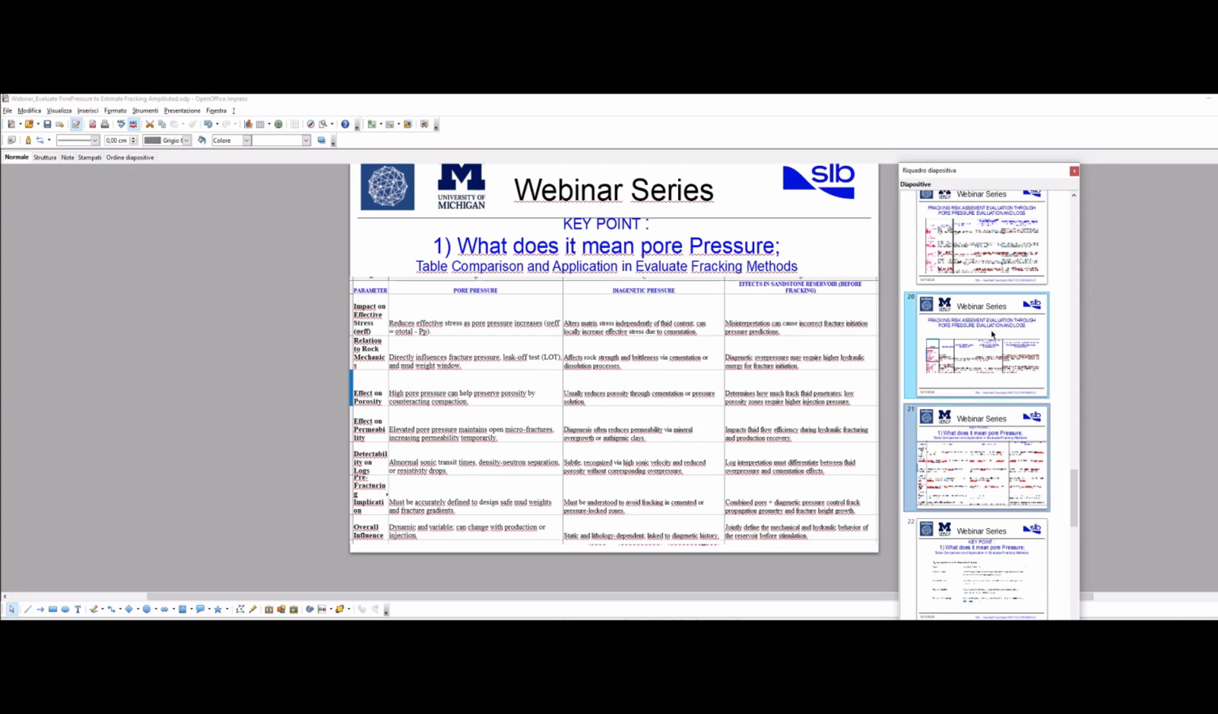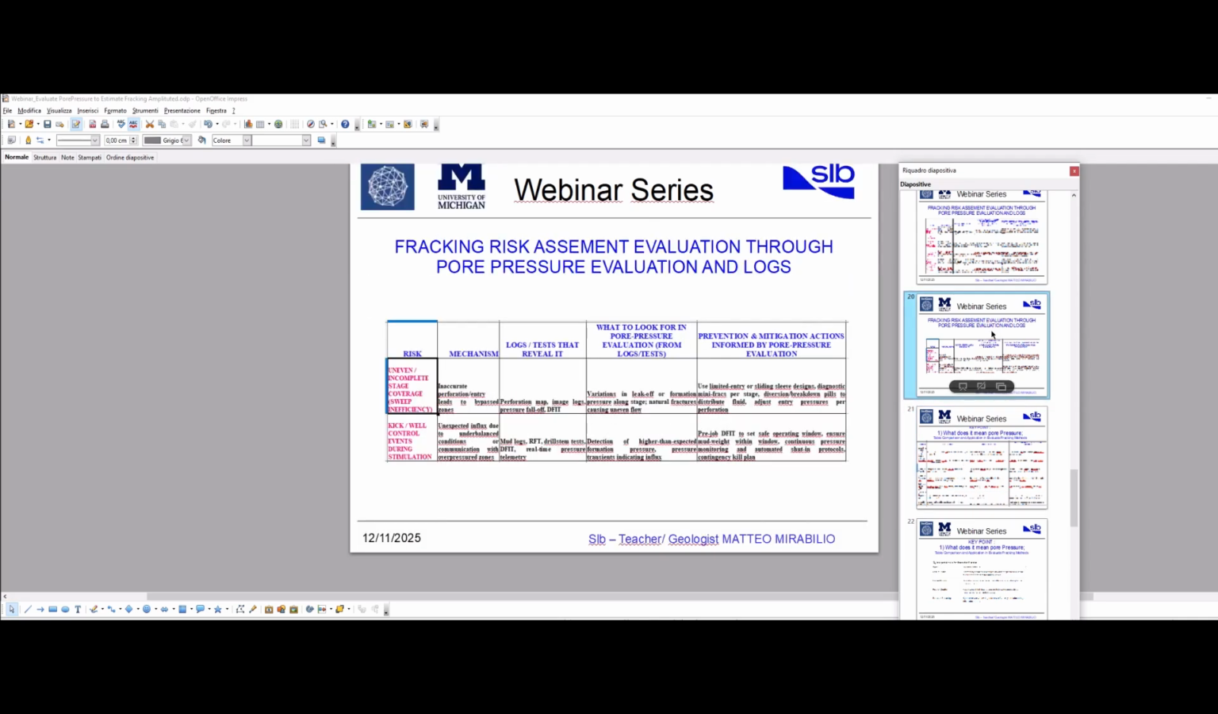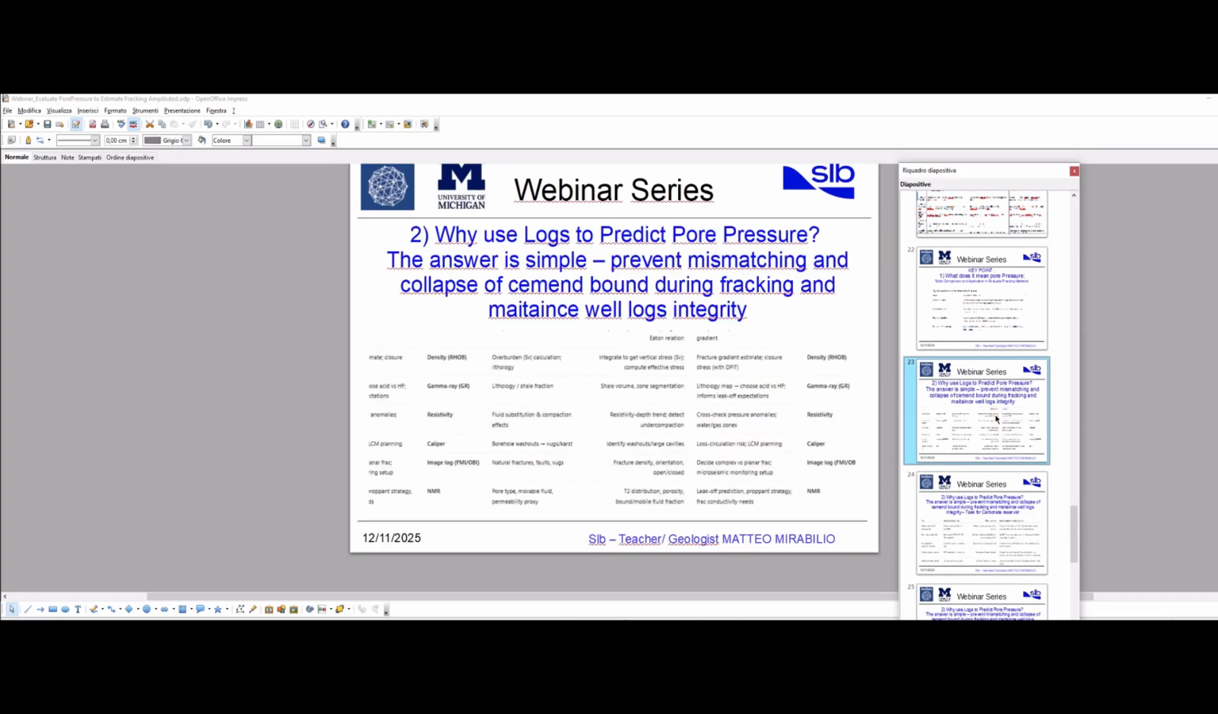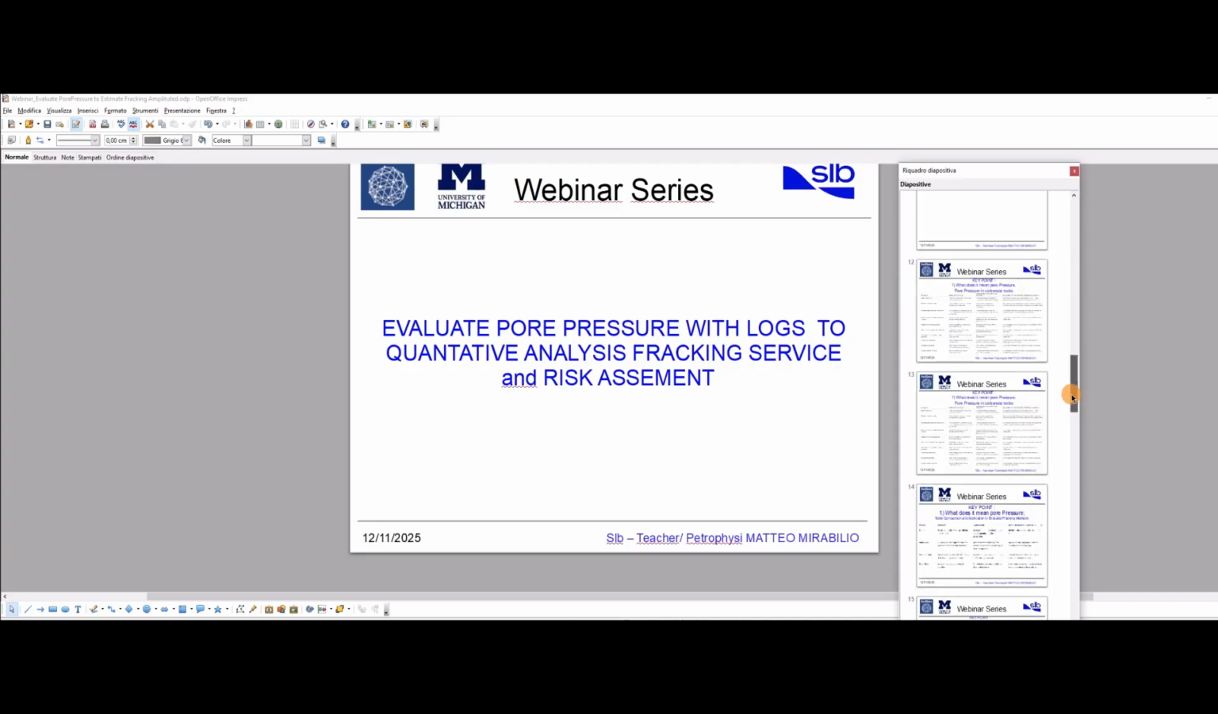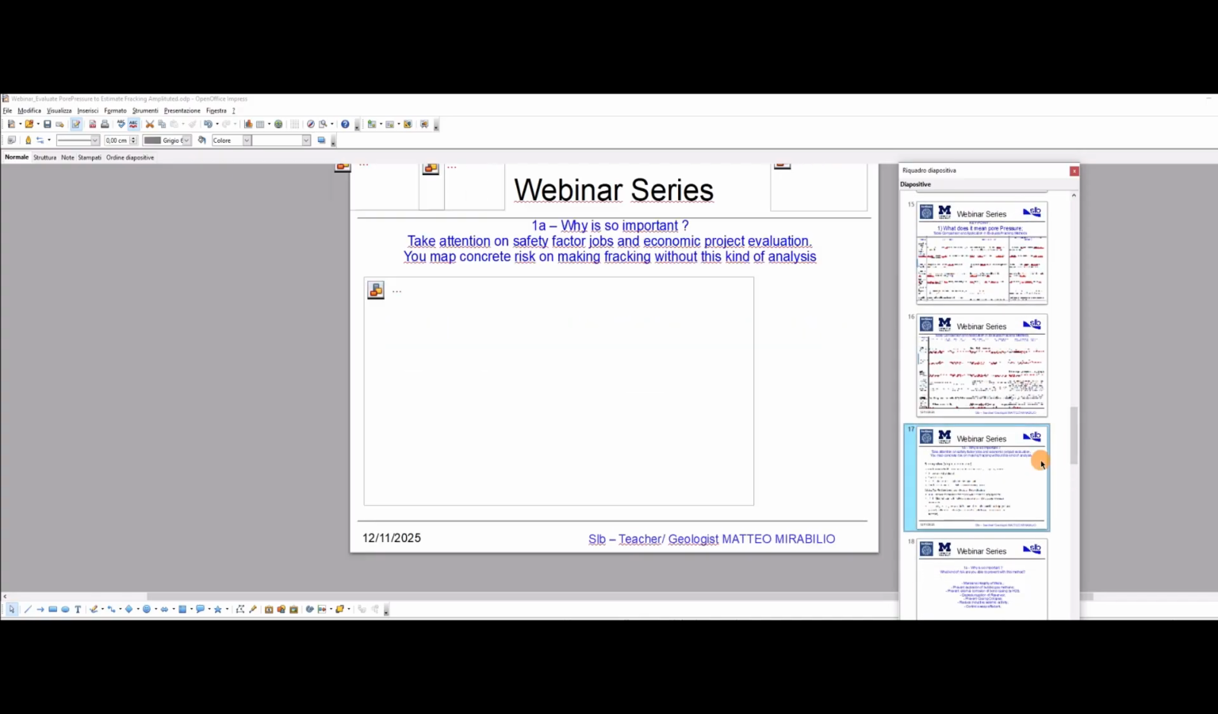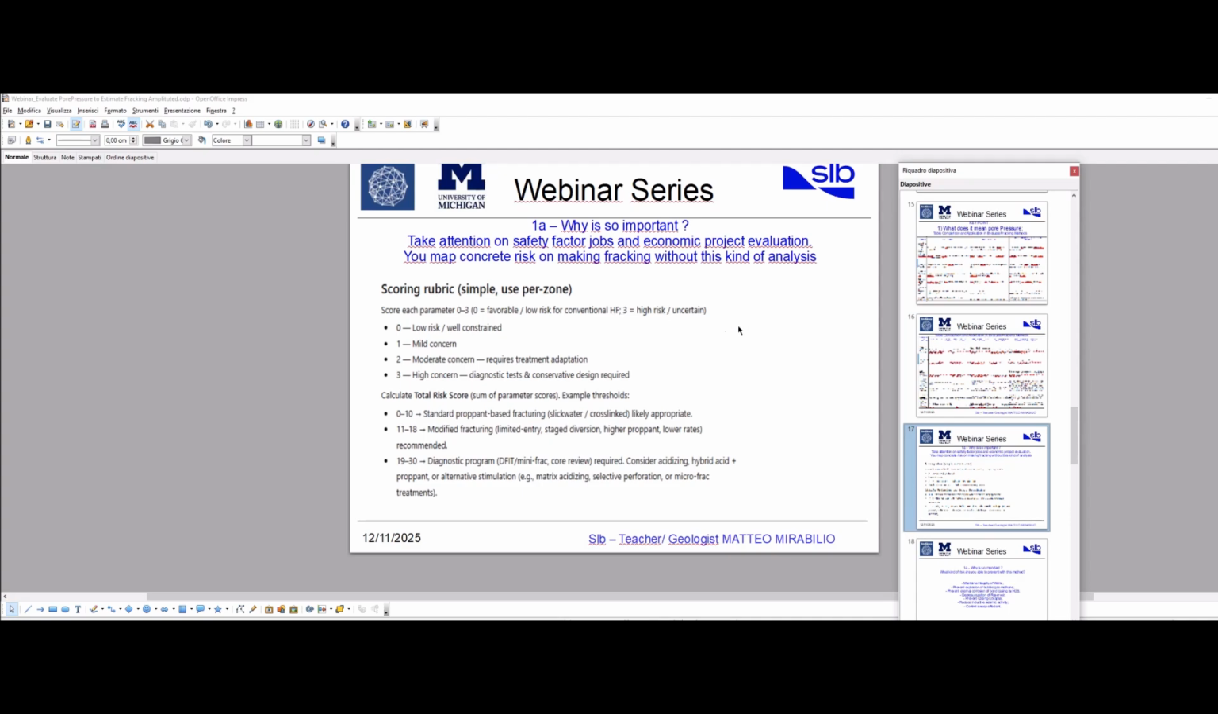So this is the first table, and today we are stopping here for the first part of the webinar series. In the next days we are going to start to explain why use some predictive logs to predict the pore pressure. It is another fundamental question to study this kind of project, and in a special series we will also discuss the matrix risk, the matrix table to apply different types of fracturing in different types of project, because you can